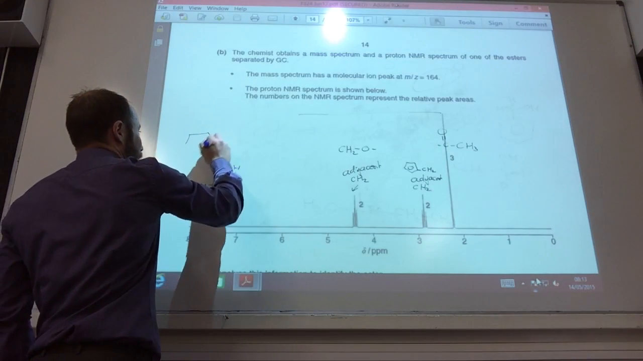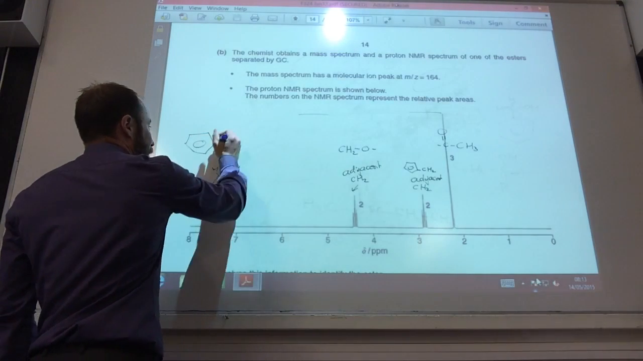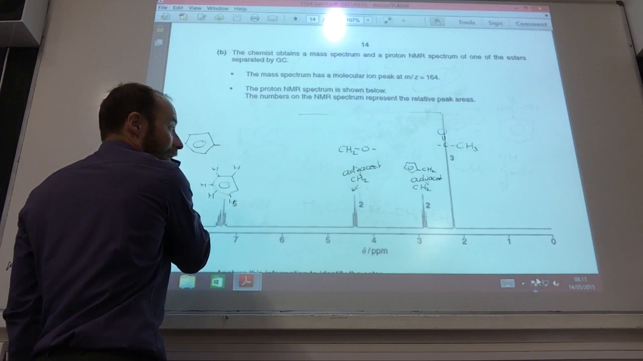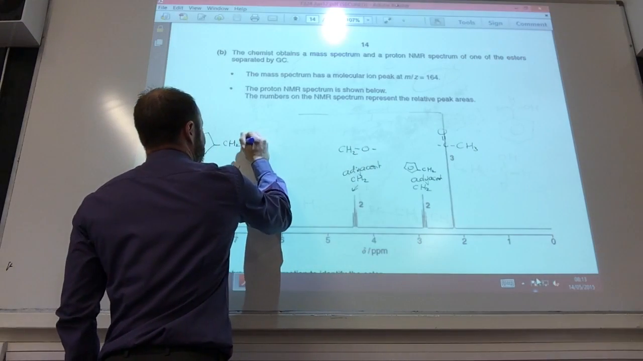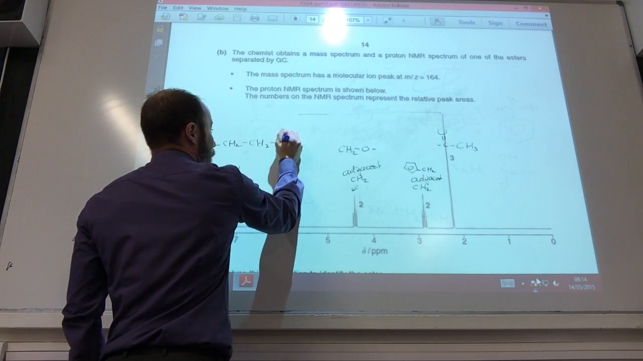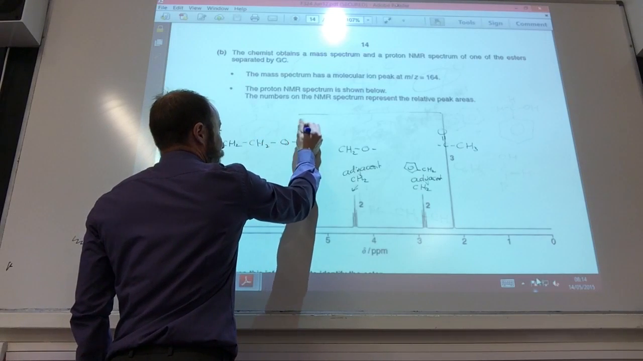So if we put this together, I've got my benzene ring there. Looks like that's my CH2 group there, CH2 group, oxygen, C double bond O,